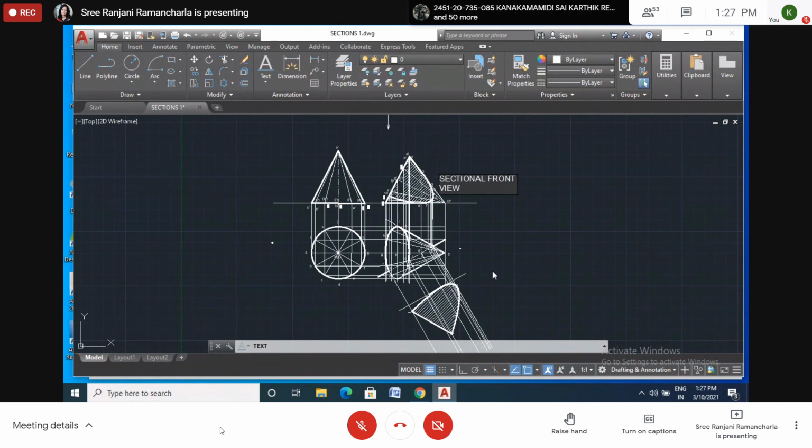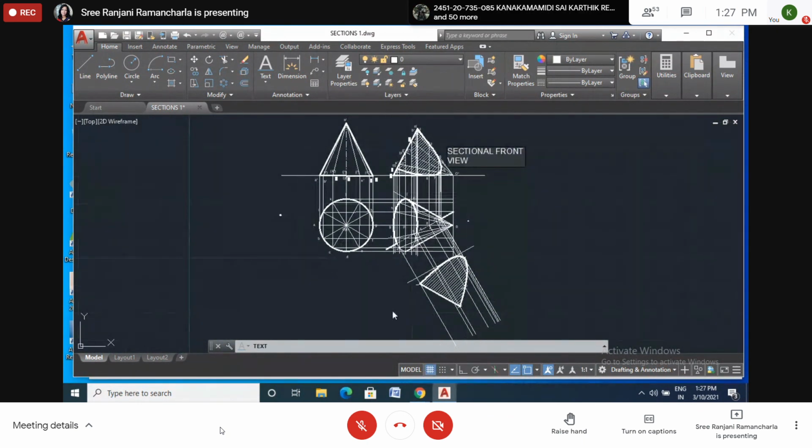Sectional front view. And this is the true shape of the section. Here I will write the true shape of the section. Okay, that's it. So here X, here Y.